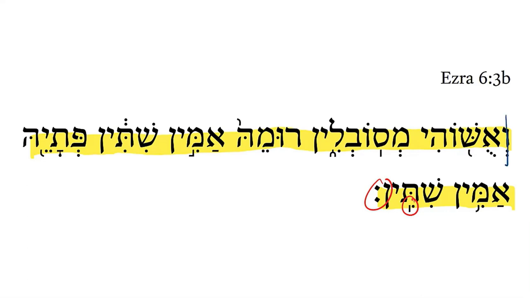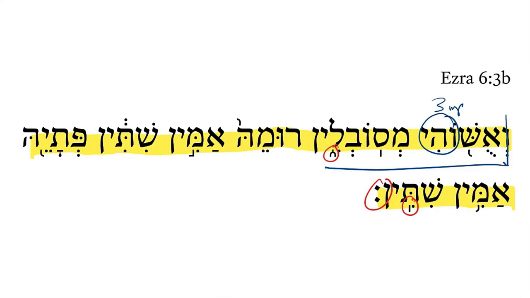Here we have a conjunction. And then this is its foundations, which ends in the third person masculine plural suffix for plural nouns. Its foundations. And then, coming up to the atnach, we have a word that we're going to analyze further in the future. But we remember this was in the jussive mood of let it be built. So this is going to be, and its foundations let them be laid, something like that.